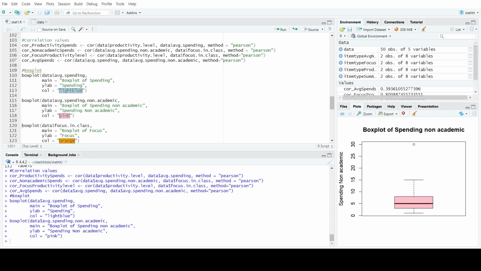Okay, so the next box plot is here. If we look at this box plot, I think most individuals spend between 4 to 8 hours a time on non-academic activities, with a median maybe it's 5. Yeah, it's 5. And as we can see, the presence of the outlier here at 30 hours suggests that